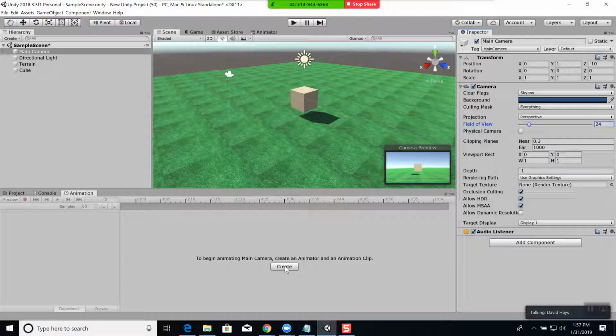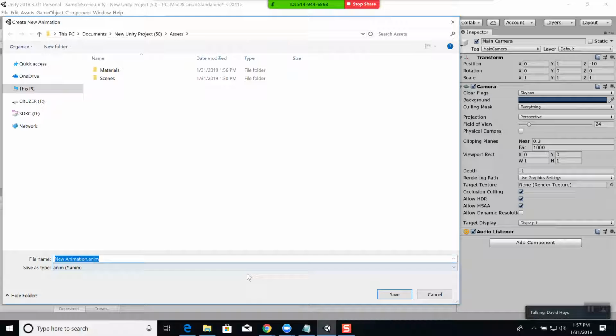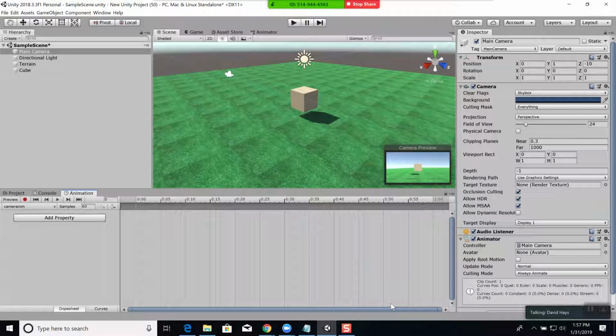Okay, so I'll click create. And I call it camera animation. You can call this whatever you want. And click save. Now I need to record off its, I'm going to change both the position and the rotation, I think. Yeah. So I'm going to click the add property here